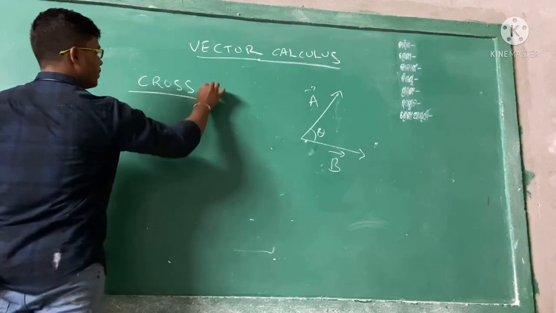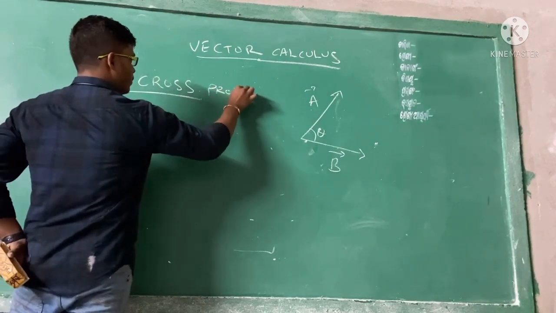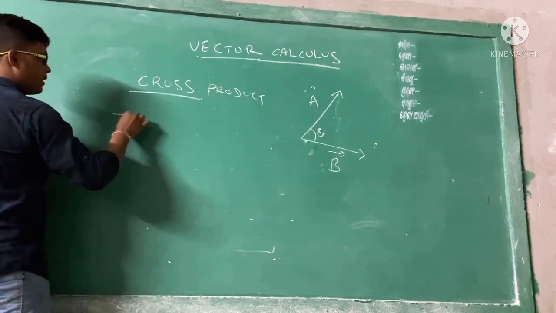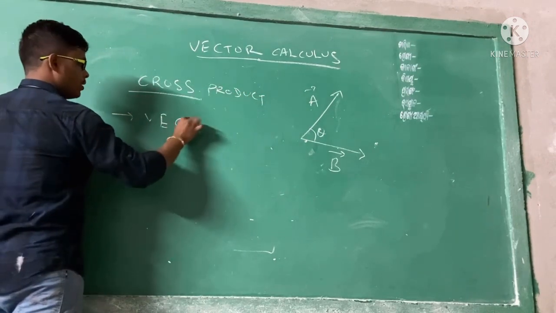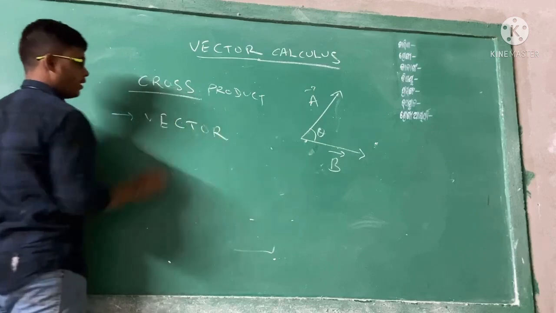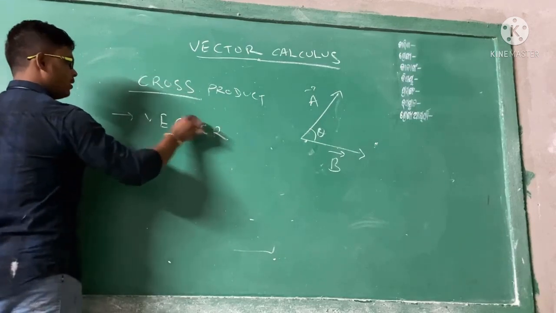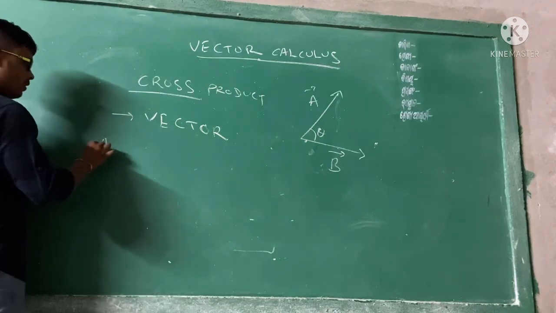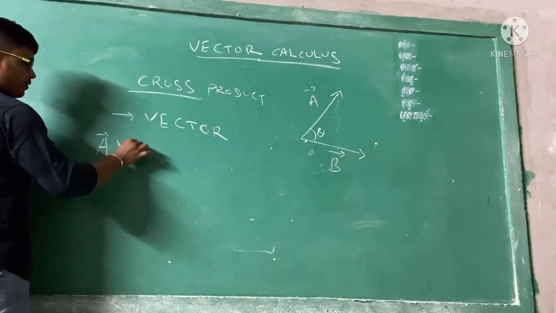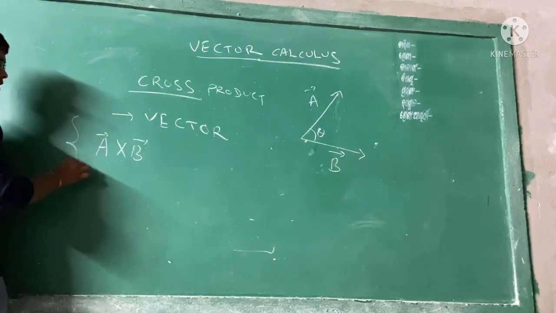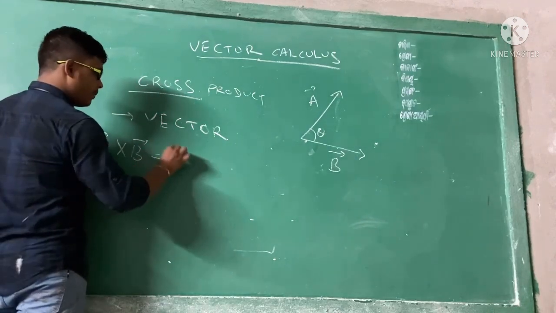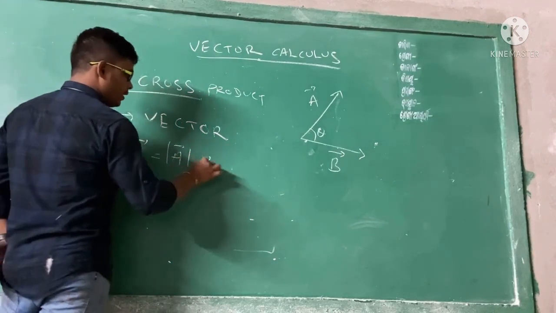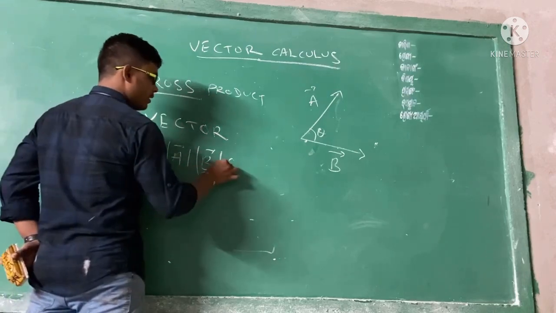So let's go to the cross product. Actually, cross product is the vector product. This is not scalar. So we have two products. And remember, the addition and subtraction are vectors, because vector is there. A1 plus A2 into i cap. So these are the vectors. Wherever there is a unit vector, remember this is a vector. So cross product is a vector product, and it will be represented by A cross B.